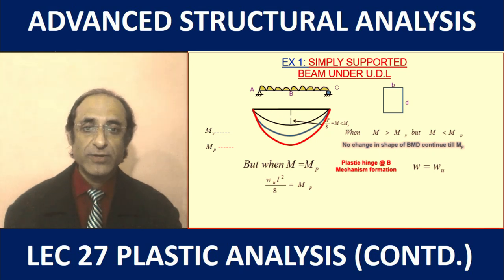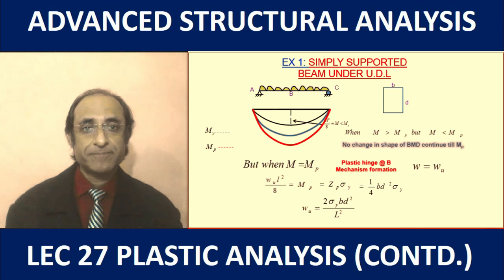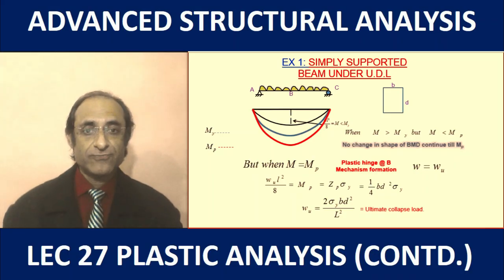the bending moment given by WL square by 8 equal to MP, and we can compute the plastic moment capacity of the section, because we have already derived that this is nothing but the product of the plastic section modulus and the yield stress. So we have the value of the right hand side. Based on this, we can obtain the ultimate failure load the particular beam can carry. You can just repeat the analysis by considering a point load in place of the UDL for the